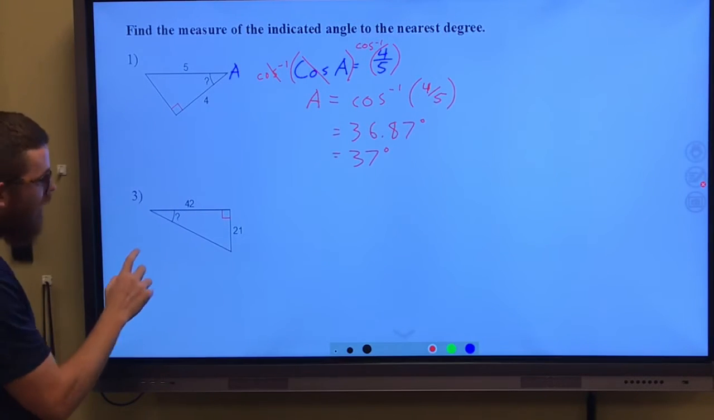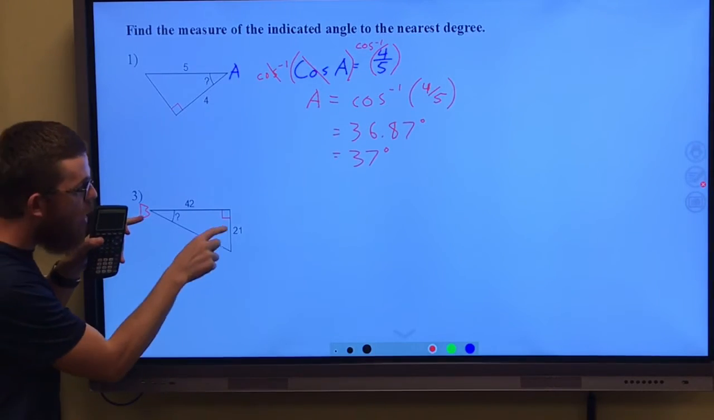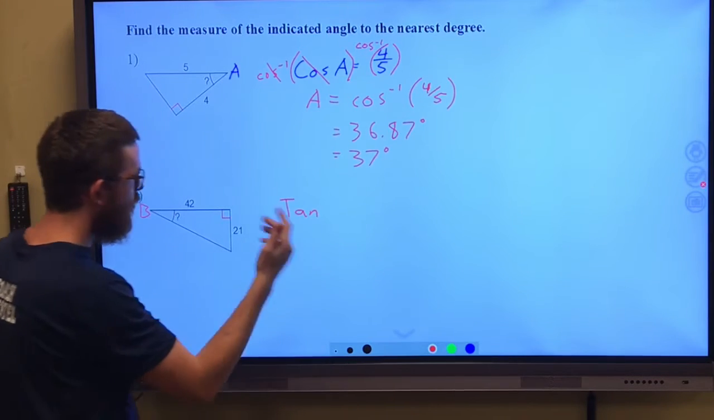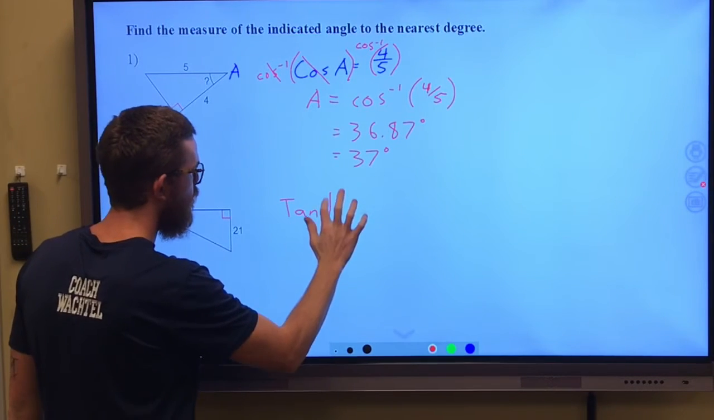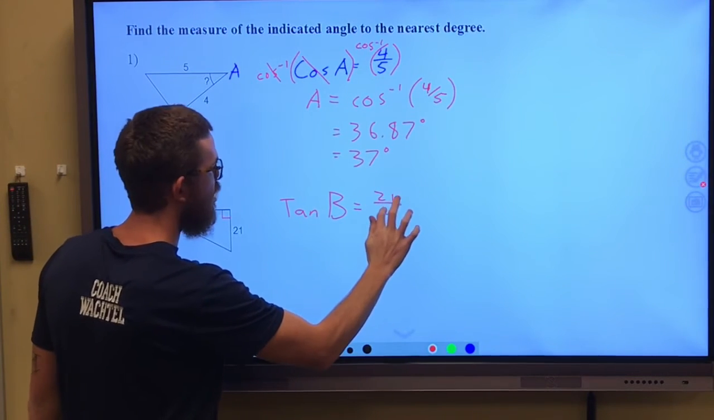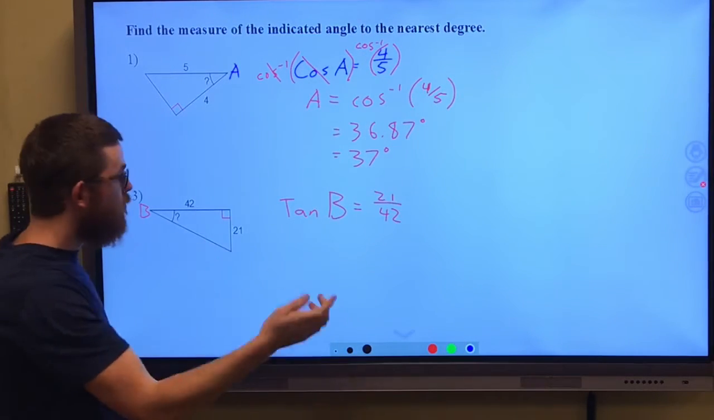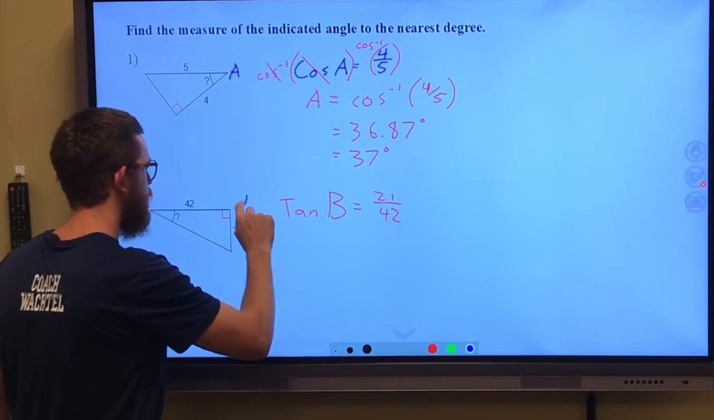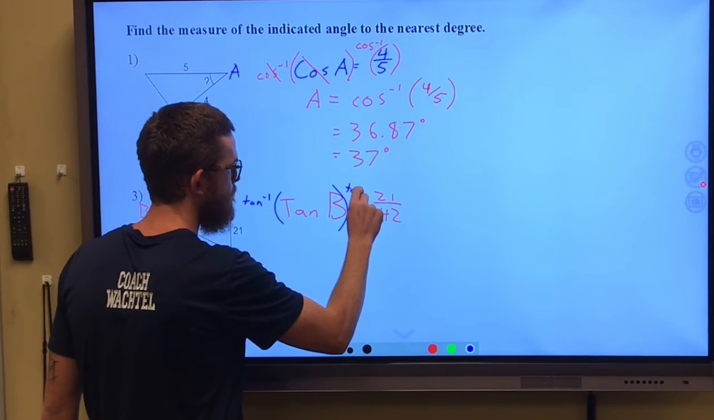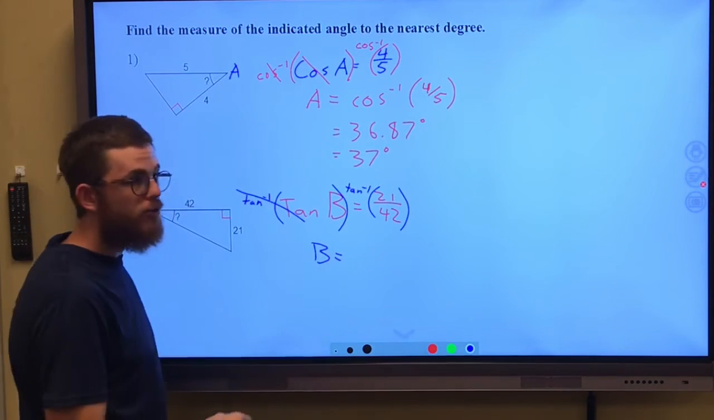If we want to find that missing angle, I'm going to let this be angle B. Well, notice what we have here. We have the opposite side, we have the adjacent side. This is tangent. We're calling for tangent here. The tangent of our angle is equal to the opposite side over the adjacent side. Again, I'm going to do inverse tangent to both sides. Cancels out over here,